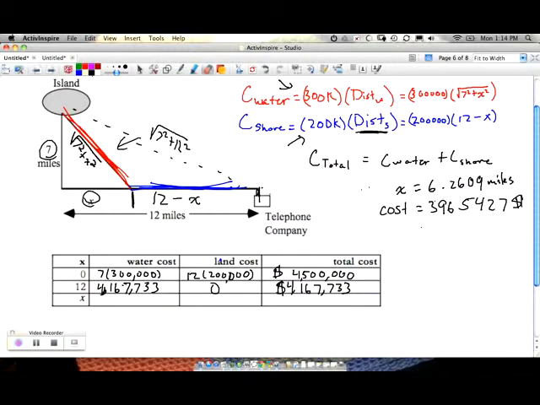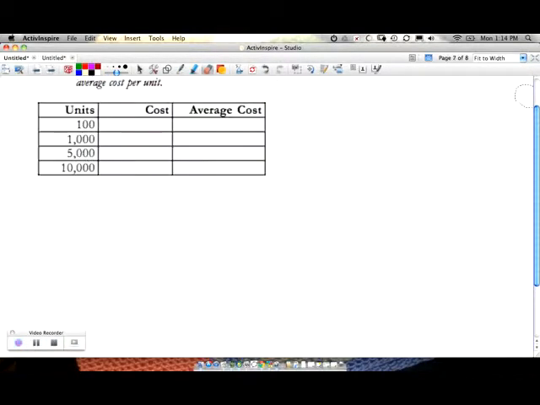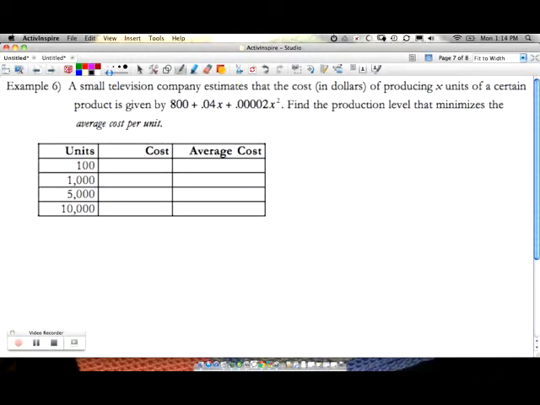Okay, a small television company estimates that the cost in dollars of producing X units of a certain product is given by this. Find the production level that minimizes the average cost per unit. Okay, now right here it just said average cost per unit. That's kind of different, because just a moment ago it said the cost in dollars of producing, so the cost to produce the product, cost total,